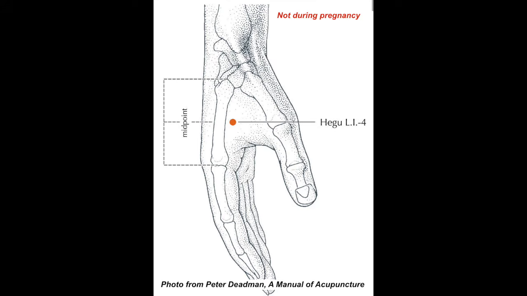So, of note, this point can also induce labor, and we actually use this a lot in full-term pregnancy to get the process started more gently than some other modern interventions. So, pregnant folks, this one is not for you. If anybody has questions about other points to avoid during pregnancy, I'm happy to answer. There aren't that many, and they're pretty easy to avoid. Maybe we'll do a pregnancy lecture another day, and let me know if you'd be interested in that.